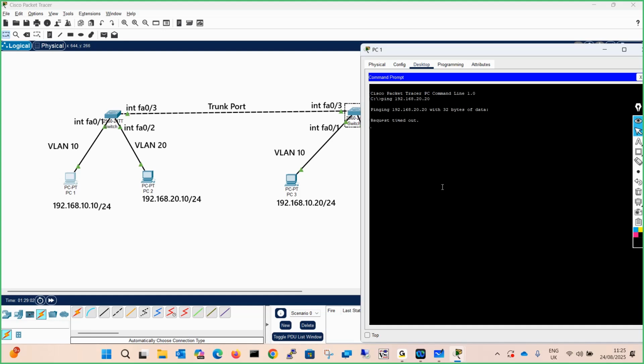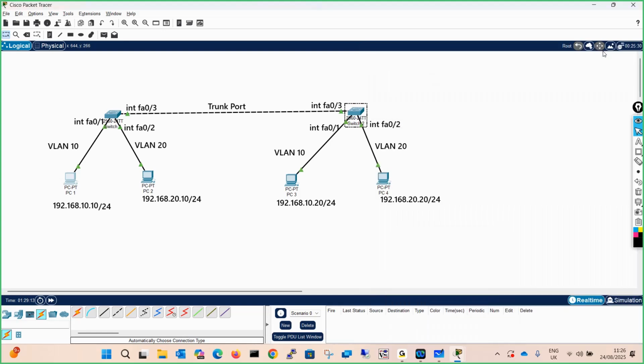Are you able to ping? No. Can anyone tell me why we are not able to ping? We are missing something. Is there any smart personality in the class? Why are we not able to ping?